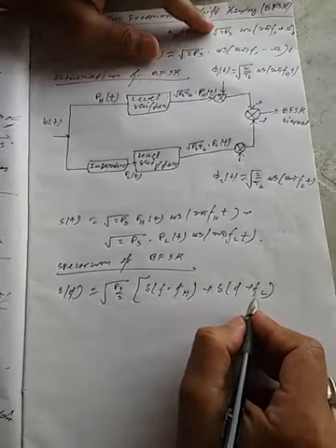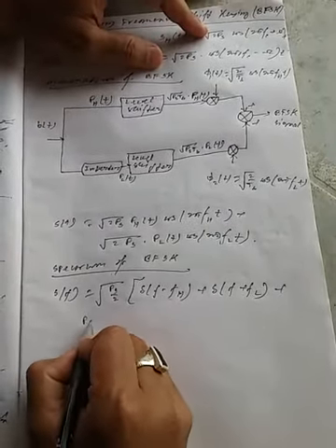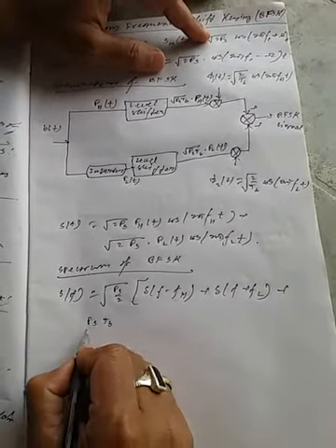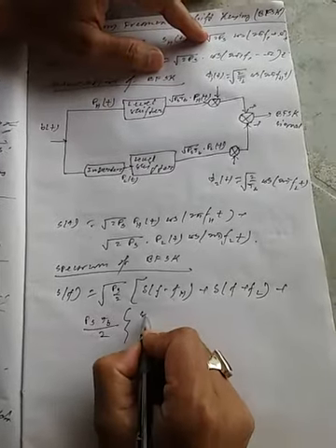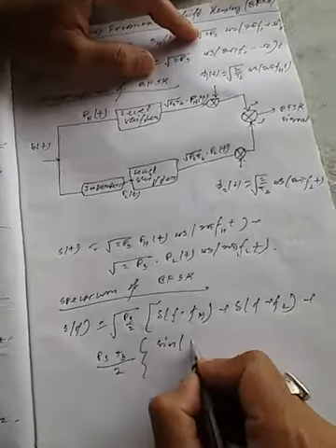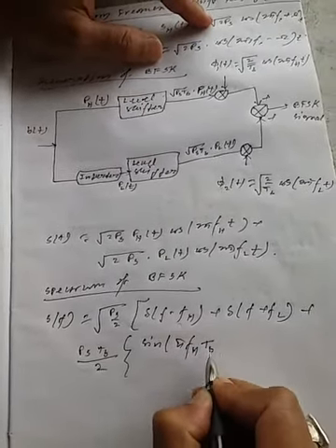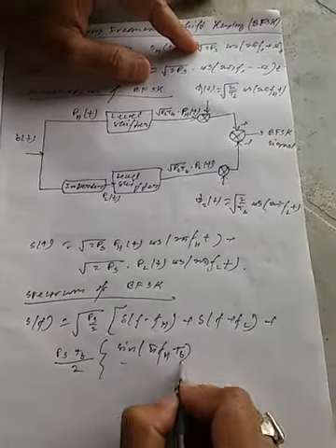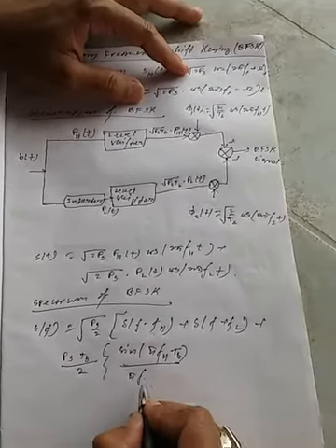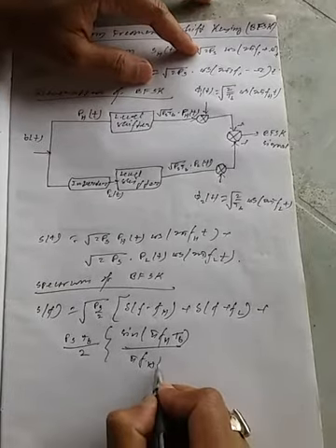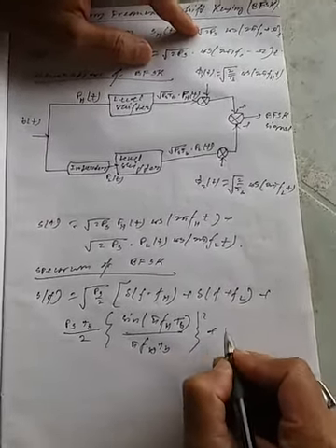This is the higher frequency and this is the lower frequency, plus PsTb by 2 sin of pi fH Tb by pi fH Tb, whole square, plus